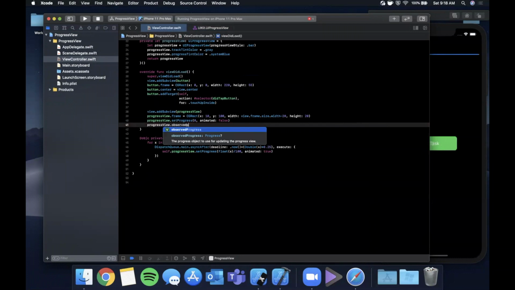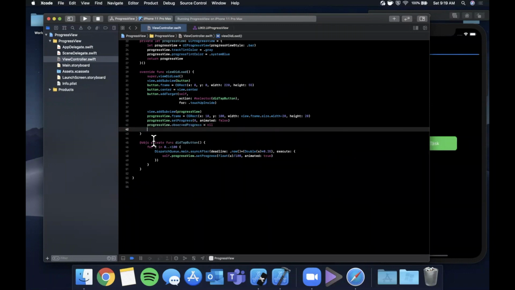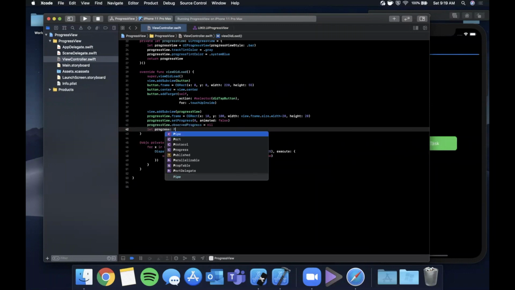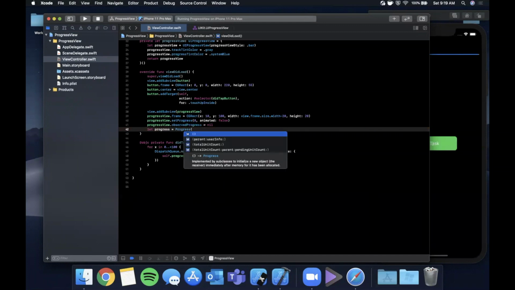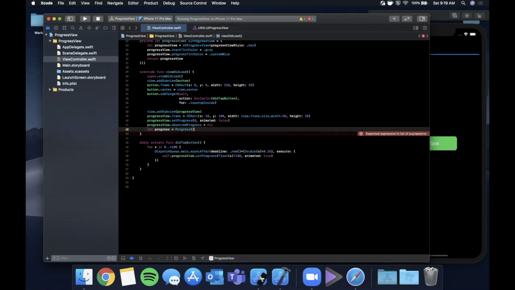And if we do observed progress and look at the description here, this is the progress object used to basically update the view. And you can assign it, by default it's nil. But there is a type in Swift called Progress. So let's say we have something that is of type Progress. And this is an object that conveys ongoing progress for a given task. So let me actually assign it here. And we can create it simply like this. And if we assign